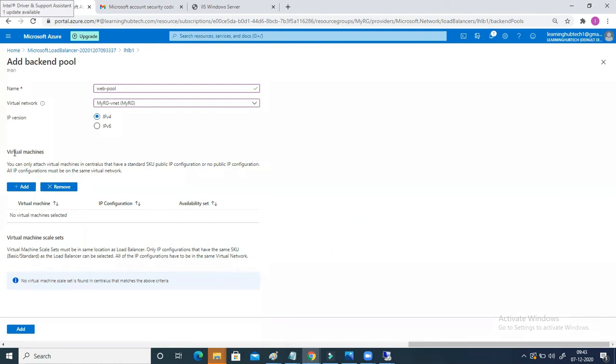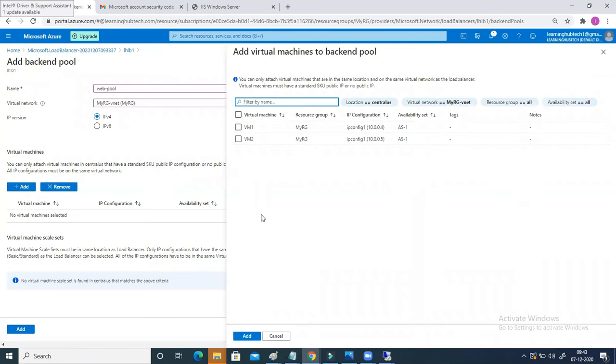Now it is asking me to add the virtual machine inside this pool. So what I will do, click on add, and here you can see the details of my VM1 and VM2. This is the resource group. This is the private IP address assigned to VM1 and VM2. Also, you can see the availability set, AS1 and AS2. Sorry, AS1 and AS1 only.